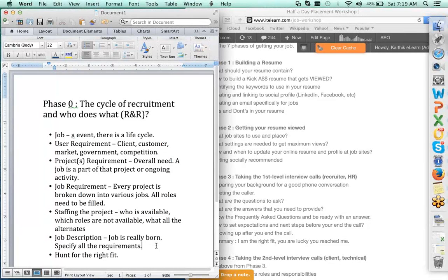Depending on the job description, depending on where the requirement is, whether it is on site or offshore, full time, a contract, or a contract to hire, they will look at where to put that and so on. We are not yet done with this phase 0, team, but before this, location,